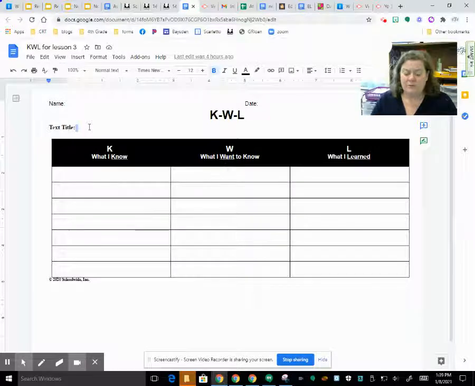For books, you have access to Epic. You have access to the North Carolina Digital Library Kids section. And you can use your own personal books. You can use an old Scholastic. You can use magazines. Like at our house, we have Boys Life. So you can use a magazine if you want to. That works for me.